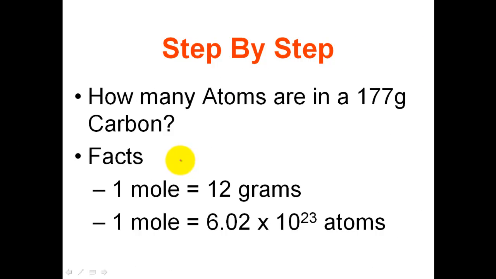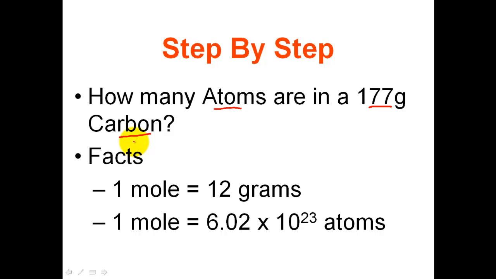We're going to take this step by step, as we've done in the past with dimensional analysis. This is the point in the lesson where we apply dimensional analysis to chemistry quantity problems, or chemistry conversion problems. In this case, I want to find out how many atoms are in 177 grams of carbon. So I'm going to make a conversion here. I'm giving you 177 grams of carbon, and you need to use dimensional analysis to calculate how many atoms of